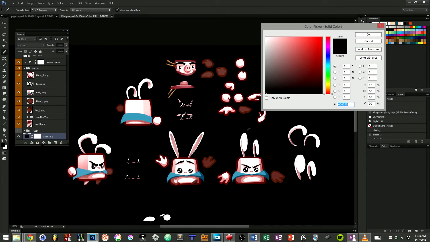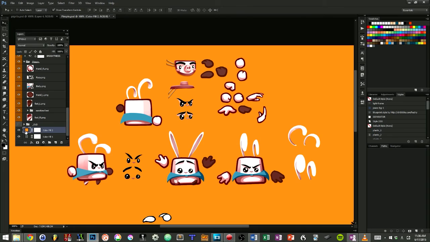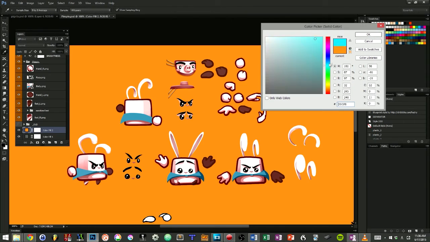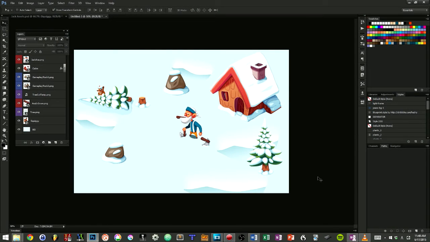The advantage of this tool is that it fills the whole document, even if we crop it or enlarge it. By double-clicking on the layer's thumbnail, you can edit its color using the regular color picker. Otherwise, it's always interesting to reuse existing backgrounds from the game on your own work-in-progress graphics.